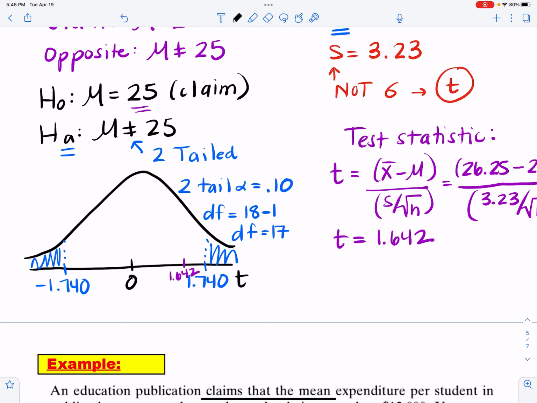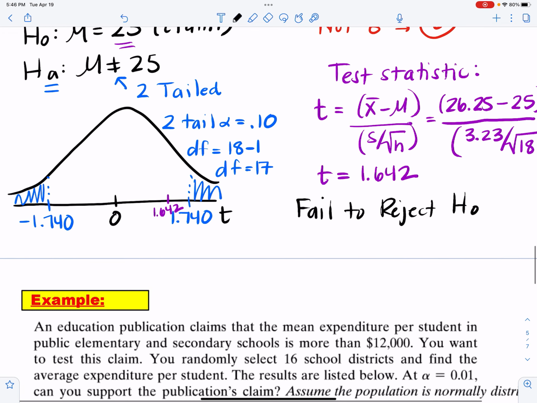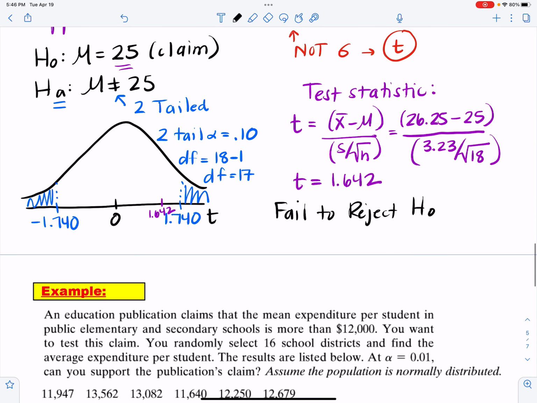Now remember, what's important for your decision, just like for Z, is that it's not in the shaded region. It's in the unshaded region. And when your test statistic is in the unshaded region, you fail to reject the null hypothesis. Now, the interpretation will work the same way that it did with Z as well. So when your test fails, that always means there is not enough evidence